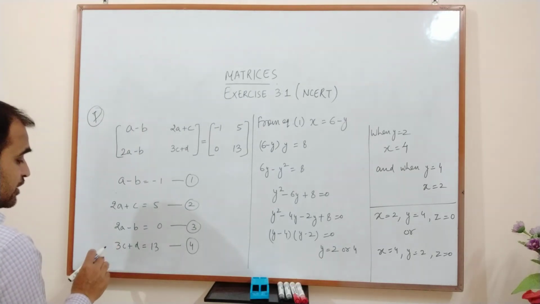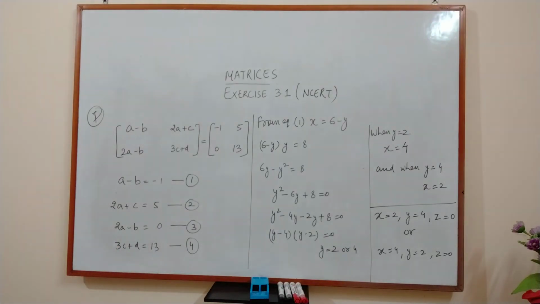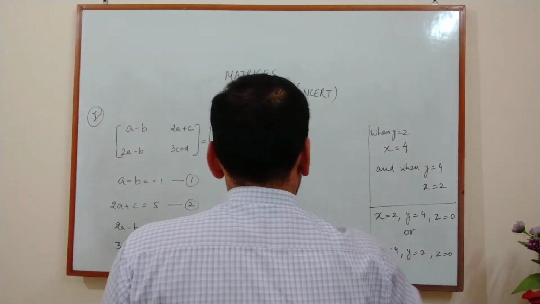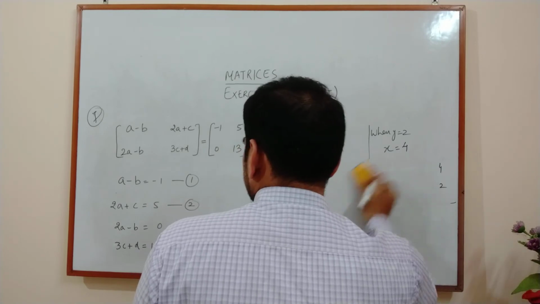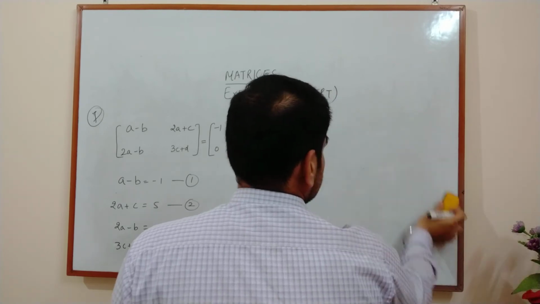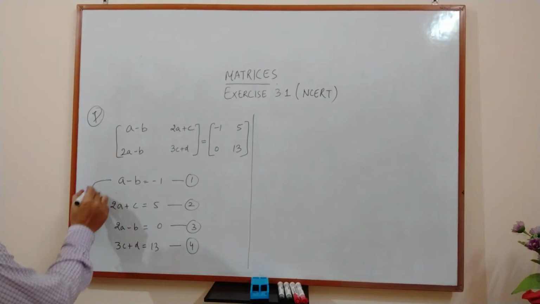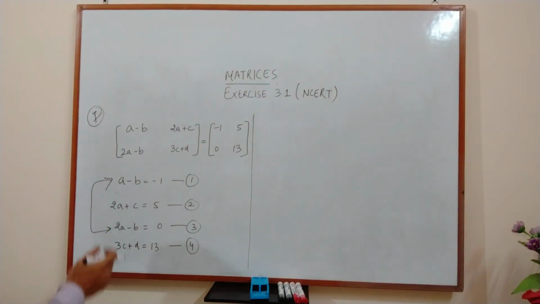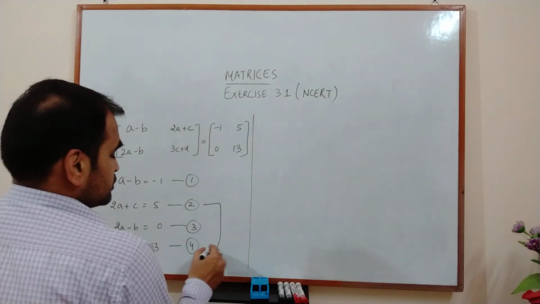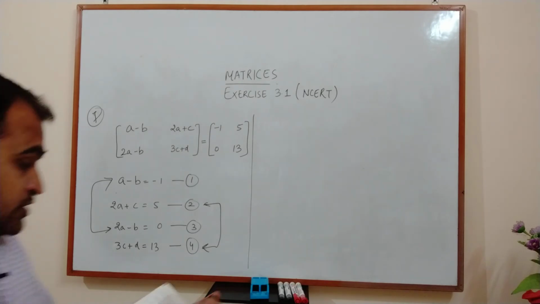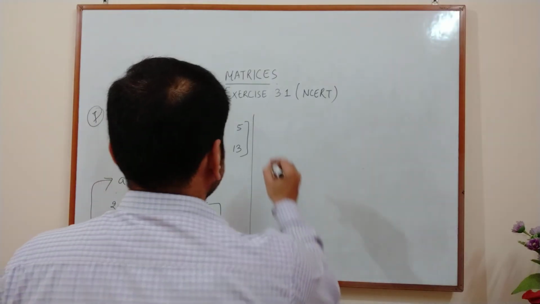We have to compute the values of a, b, c and d, and there are 4 equations and 4 unknowns, so we can simplify it very easily. We can first solve equation number 1 and equation number 3 simultaneously, right? 1 and 3 can be solved because both have the same variables. So we can simply subtract, and you will get the values of a and b, and you can solve the second and fourth and you will get the values of c and d. Fine. So this is how to do question number 7.